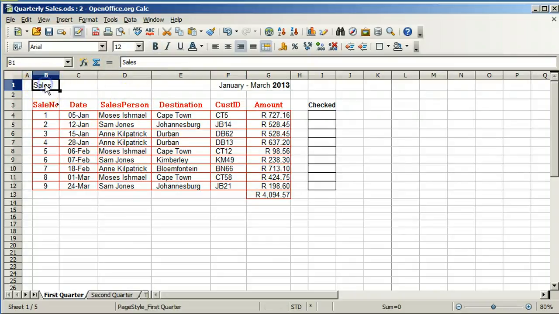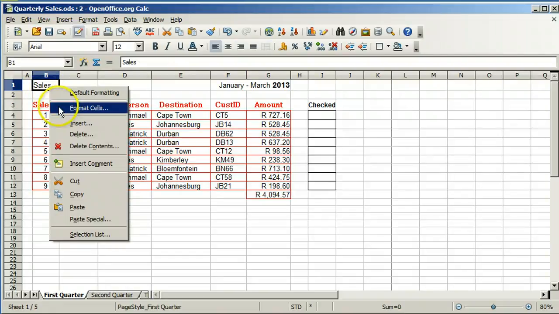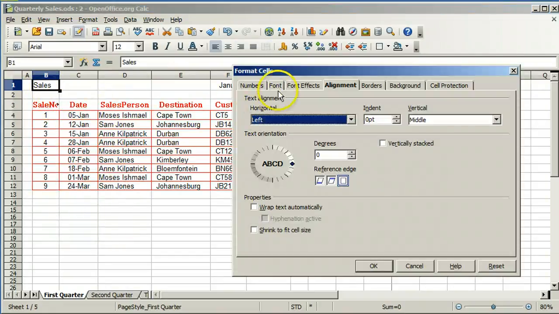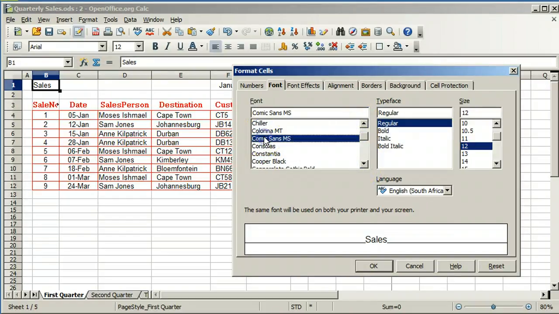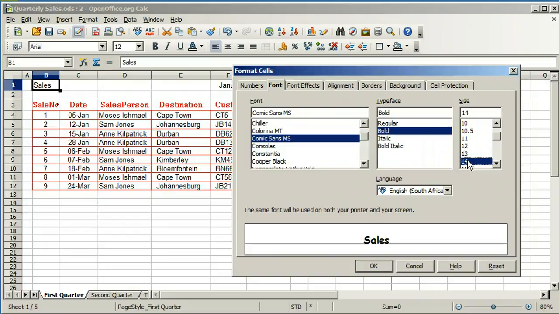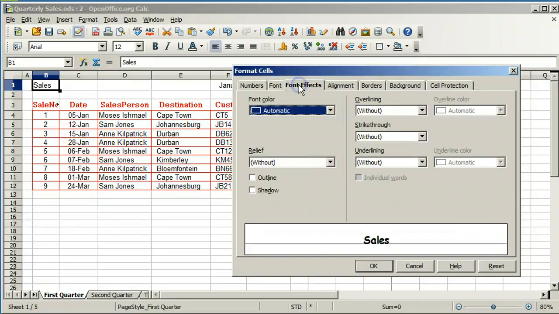Select Sales. Right-click in the cell and select Format Cells. On the font page, choose a different font, such as Comic Sans MS. Select Bold and change the font size. On the Font Effects page, change the font color